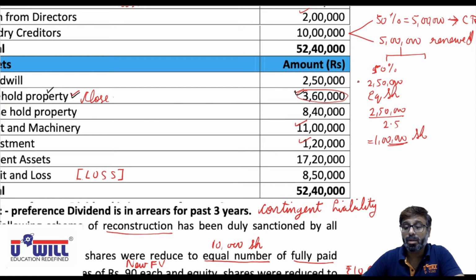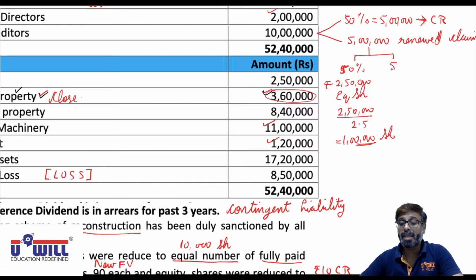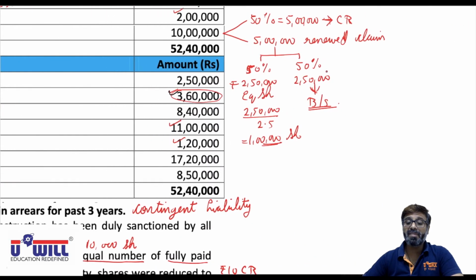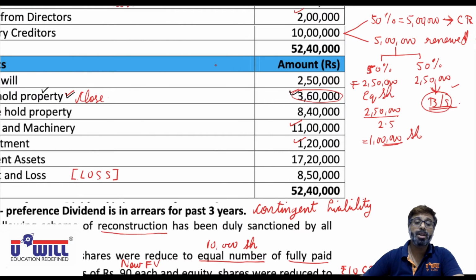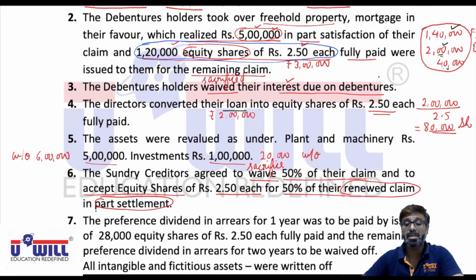Rupees 2,50,000 divided by 2.5 rupees equity shares means we'll be giving them 1 lakh equity shares for the 50% of the renewed claim. And remaining 50% is only partly settled. So remaining 50% will continue to appear in the balance sheet in trade payables. They are not settled. Only 50% is settled. Remaining 50%, 2,50,000 will continue to appear in the balance sheet. Look at this entire adjustment once again,